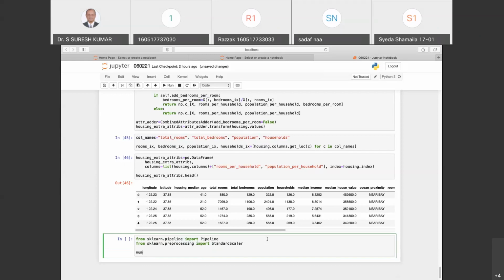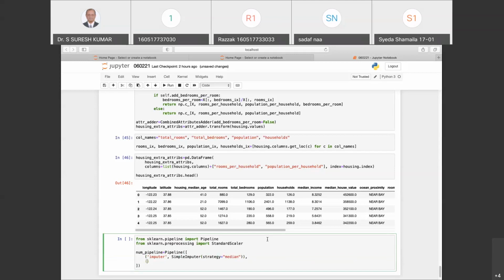So I say num_pipeline, which is nothing but my Pipeline. The first is my imputer, which is a SimpleImputer with the strategy median, because replacing with the median value is far better than with mean or mode or anything.